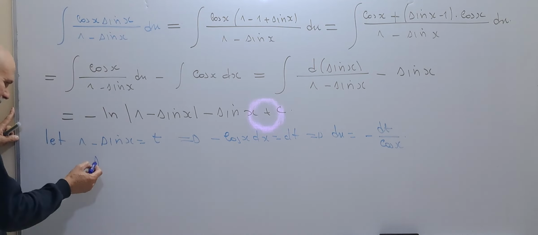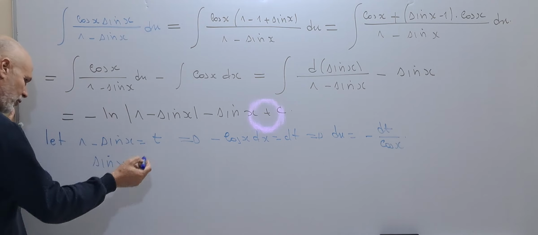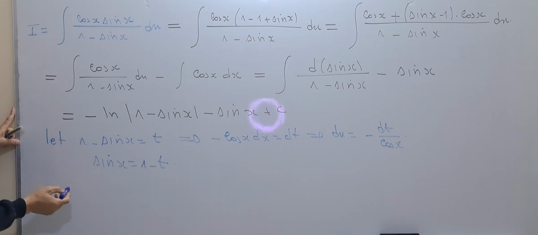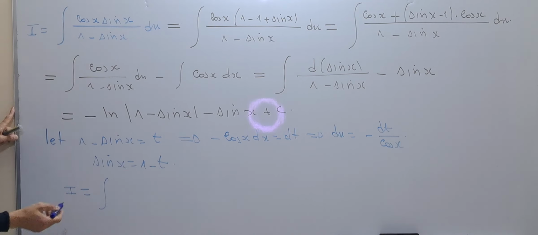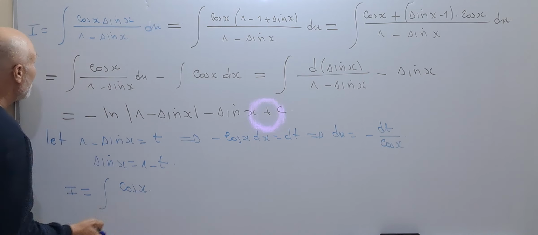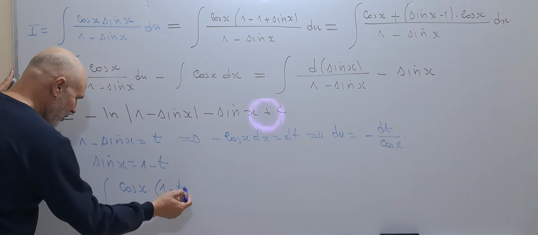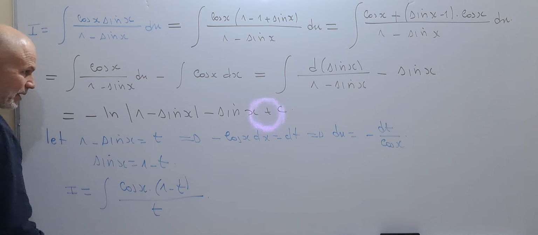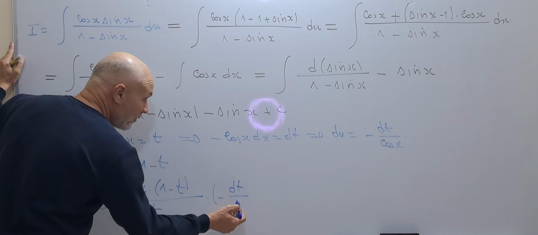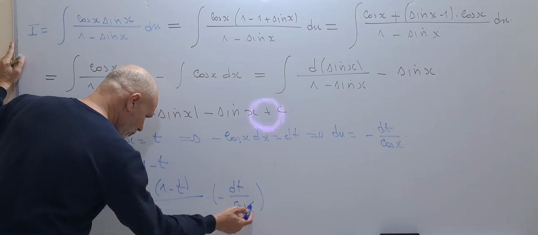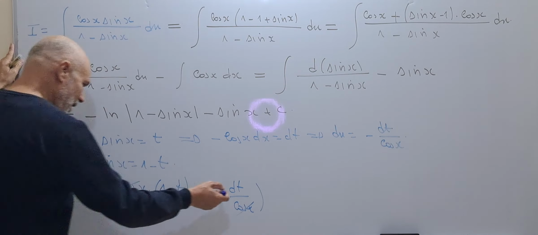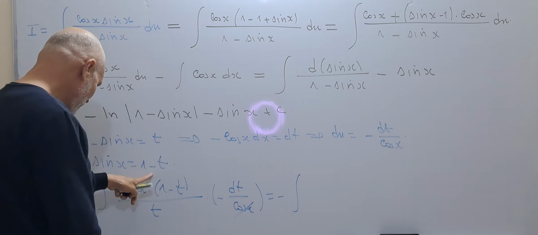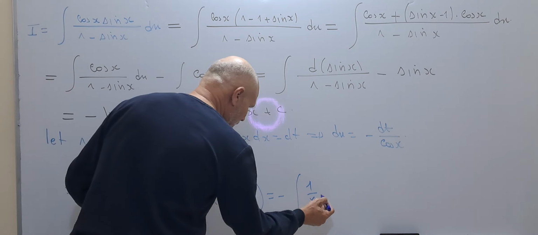And sine x is equal to 1 minus t. Then this integral, let us call it E, takes the form cosine x over... sine x is 1 minus t over 1 minus sine x is t, and the dx is times minus dt over cosine x. So we can simplify and we get minus the integral of what? 1 over t, so 1 over t dt